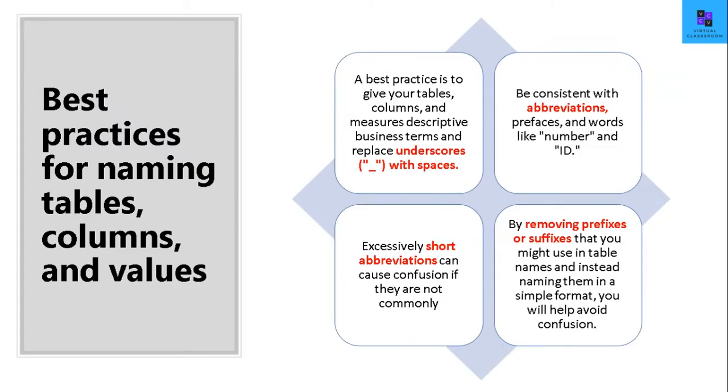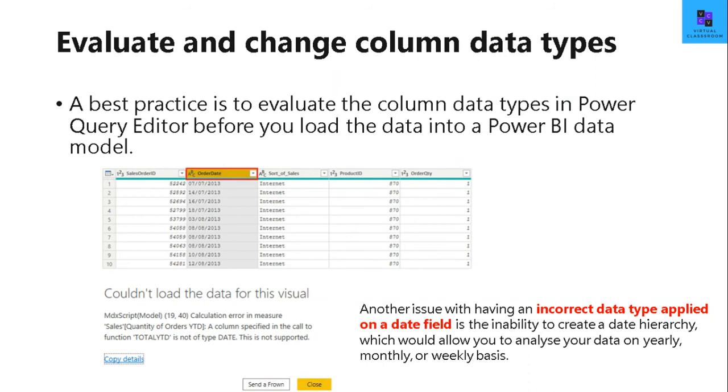Let's stay tuned for many more things about the best practices for naming your tables. Ensure that you remove your underscores and use as many spaces as possible in your table name or column name. This is going to avoid confusion. Keep your abbreviations very short by using certain words like number and ID. It is going to create again a confusion for users who are going to read your data. You can also remove the prefixes and suffixes as much as possible and have the naming in a very simple format, so it will not again create any confusion to your users.